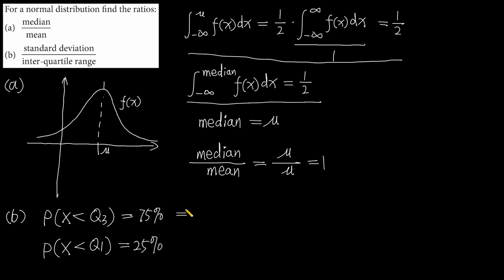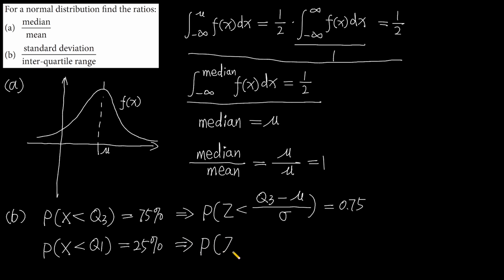From the first equation, we can infer that the probability that z is smaller than (third quartile minus mu) over standard deviation equals 0.75. And from the second equation, the probability that z is smaller than (first quartile minus mu) over standard deviation